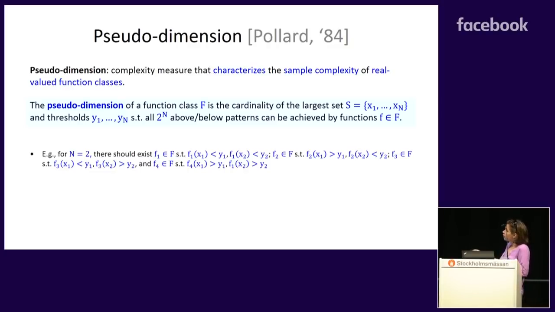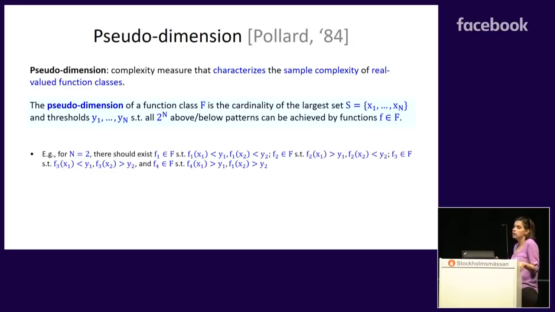There is also a function f2 that achieves the above and below pattern, which means that f2 of x1 is greater than y1, and f2 of x2 is smaller than y2. There exists a function f3 that achieves the below and above pattern, and finally there exists a function f4 that achieves the above pattern. So again, the pseudo-dimension of a class of real valued functions